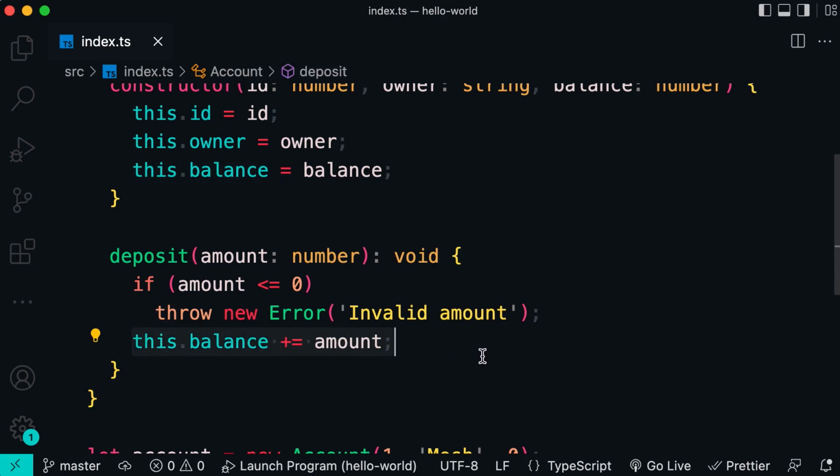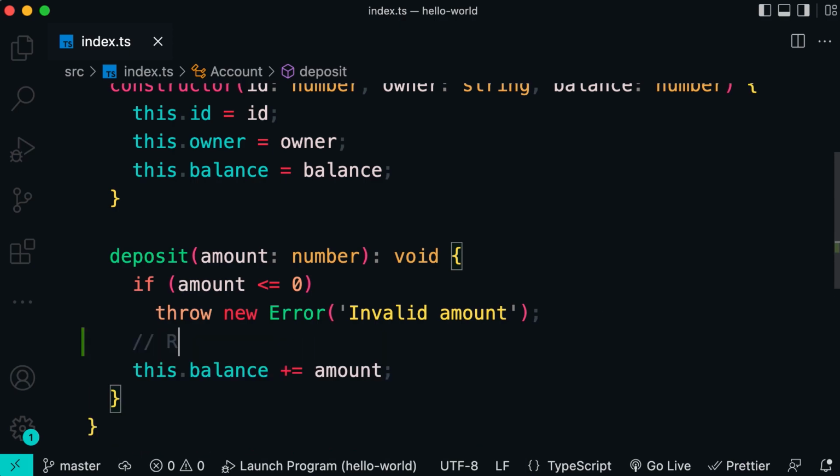Now, let's say in the future, we also want to record transactions in this account. So every time we deposit or withdraw money, we want to record a transaction so we know who paid how much when, okay? So we're going to have a new property in this class called transactions, which is going to be an array of transaction objects. Then every time we want to update the balance, just before doing so, we're going to record a transaction object,